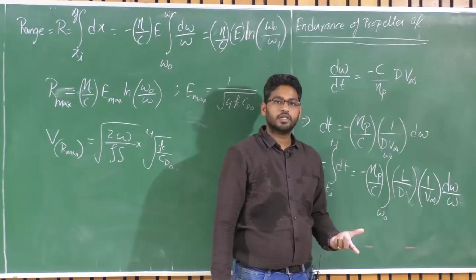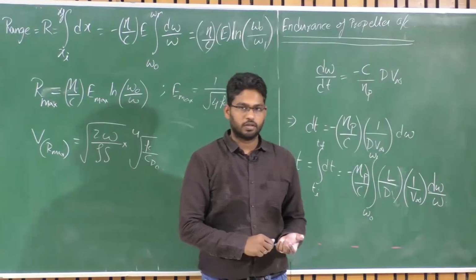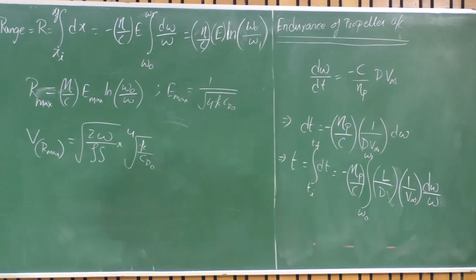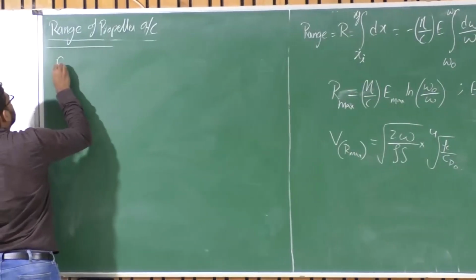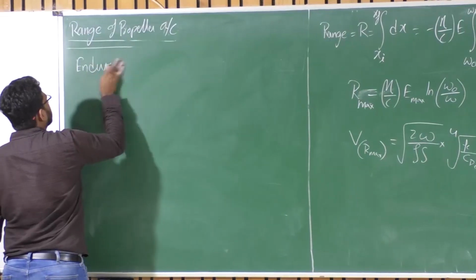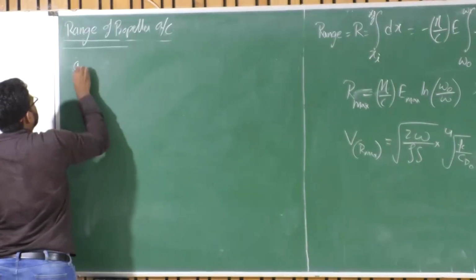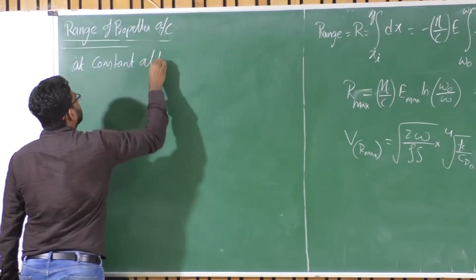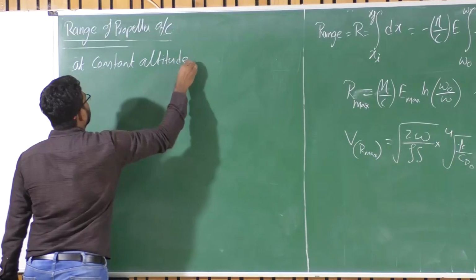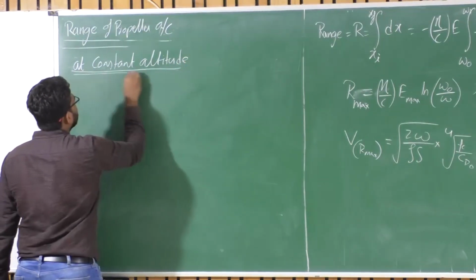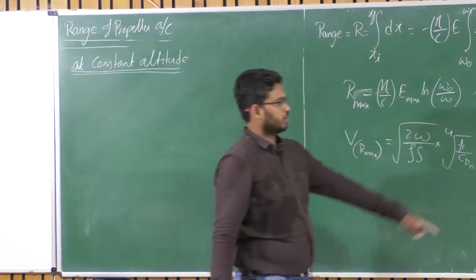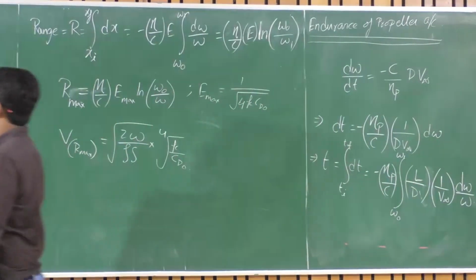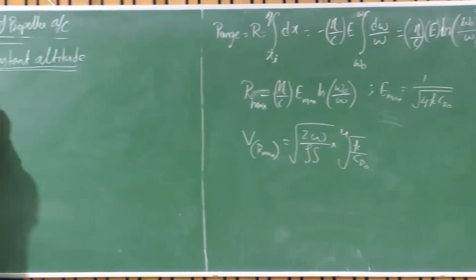That means either we can force a constant density flight or a constant velocity flight, right? First look at what is constant density, which is constant altitude flight, right? So let's say endurance at constant altitude, we allowed velocity to vary, right? So let's now remove the variable from this integration. We try to change this velocity in terms of CL here, right? So what we have is the endurance T is equal to,